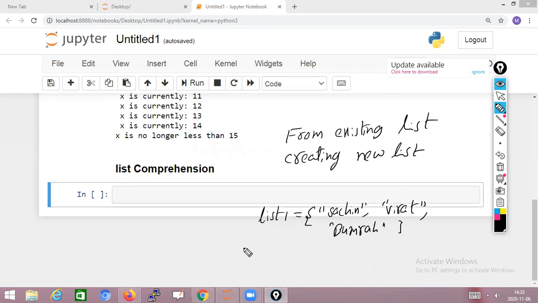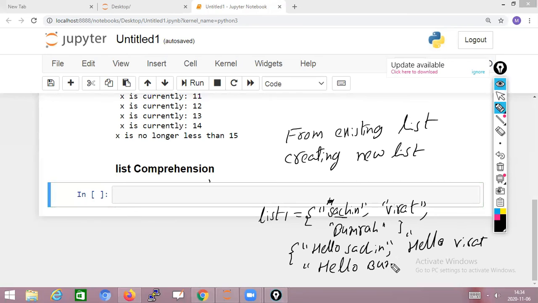For this list I want to add the word hello to each value. Sachin, I want to add hello: hello Sachin. In the new list I need hello Sachin, next hello Virat, next hello Bumrah.